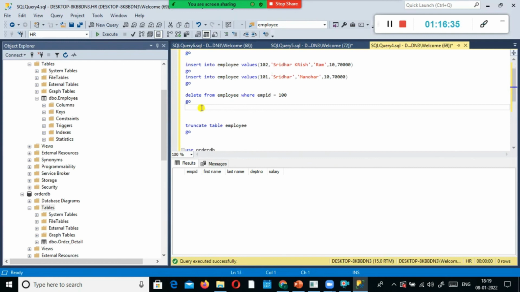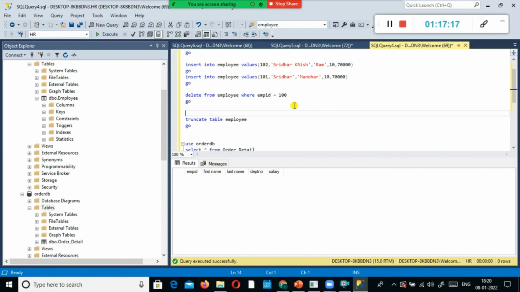So what is the difference between delete and truncate? Using delete, you can delete specific records or a specific set of records. Using truncate, you cannot delete a specific set of records. It will delete the entire table data in one go. The other difference is that the delete command is pretty slow. That's why in a data warehouse environment, we don't use delete or update statements, because these two are expensive processes.